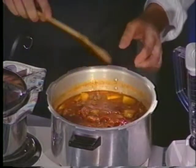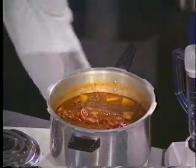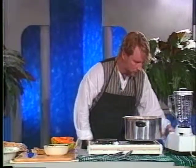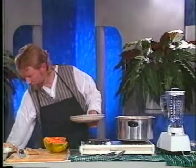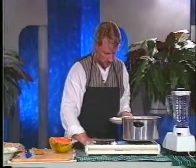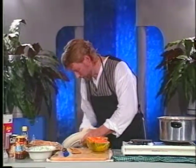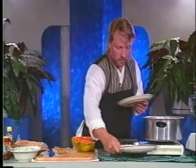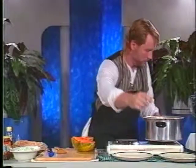That's pretty well set. The rice, that's done. We could take that right off the burner. In fact, why don't we go ahead and begin to serve up our plates so we can move on to the exciting beverage portion of the evening. I'll take our serving plates here, dust off a little flour that ended up there on the plate. And let's see here if we can serve up our